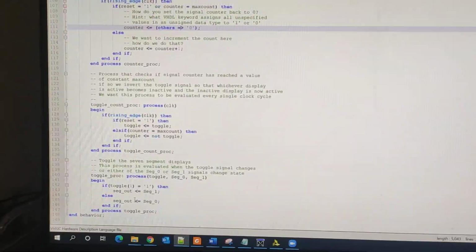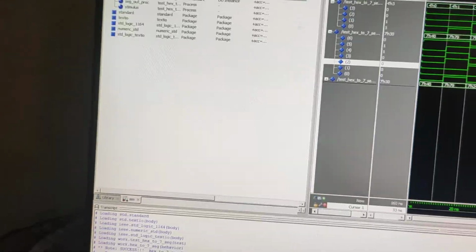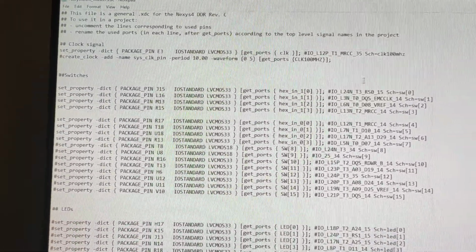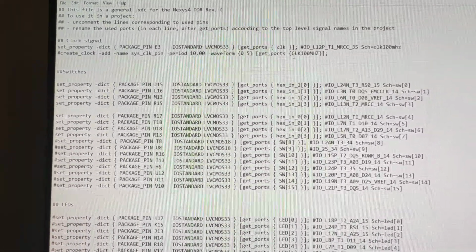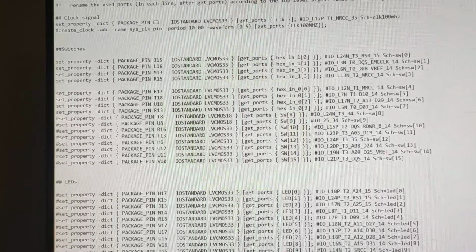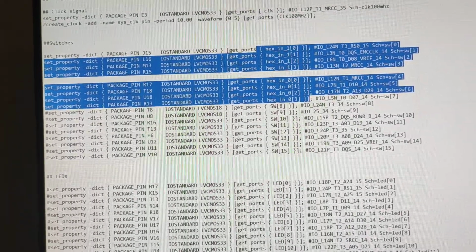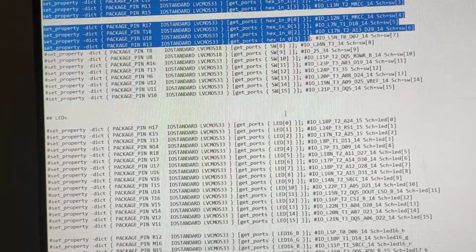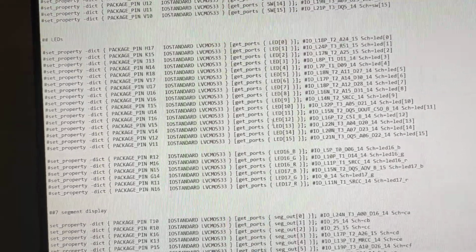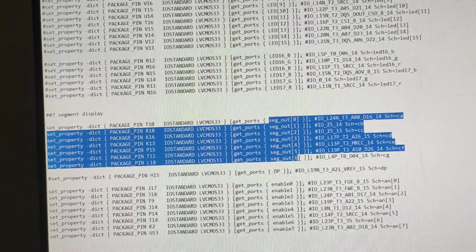So we have also used the constraint file for it. We have defined the clock here, and we have modified it to work at a certain rate. Then we have used LSB to MSB for everything. We know we are using two modules, so we have mentioned that. And we don't need LEDs for it, but we need a display, so we are basically putting